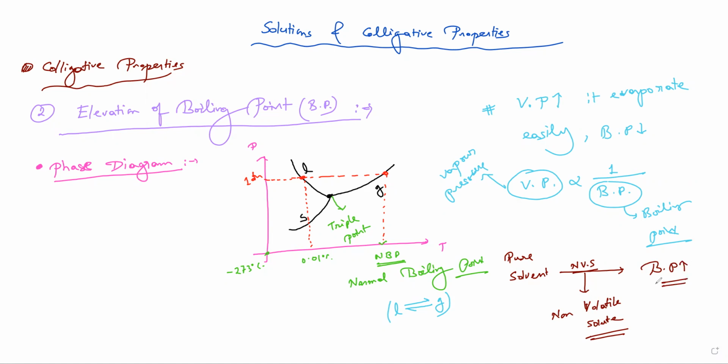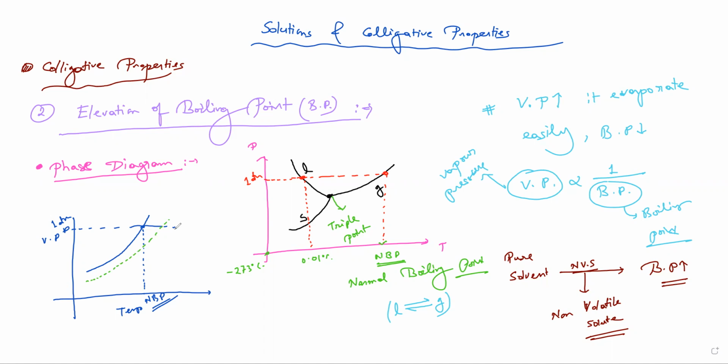Okay, now look, in this case, what will be the diagram? If you draw the diagram, this one is a normal diagram. Suppose vapor pressure with temperature. This is for pure solvent at 1 atm pressure. This indicates 1 atm pressure. So at 1 atm pressure, this value will be the normal boiling point. Now, when you add some amount of solute in a solution,